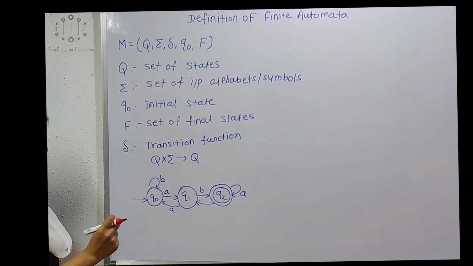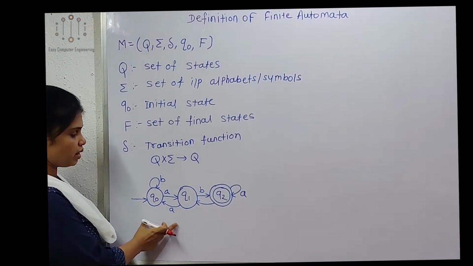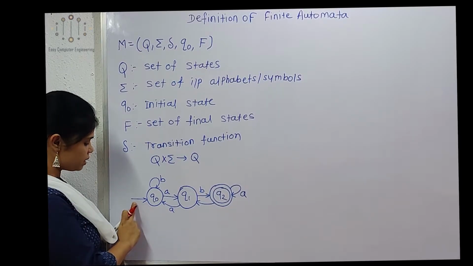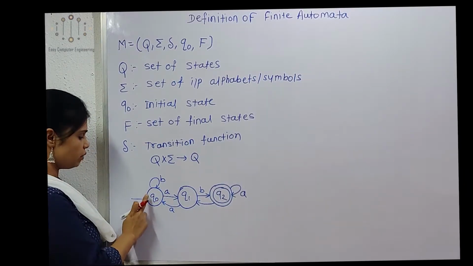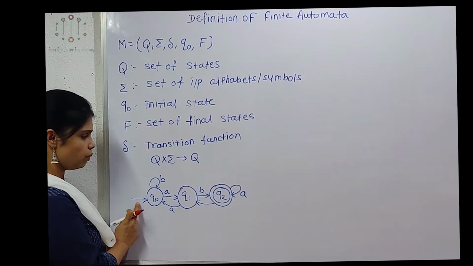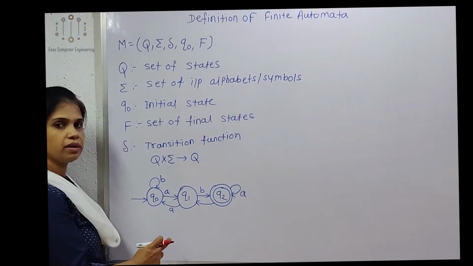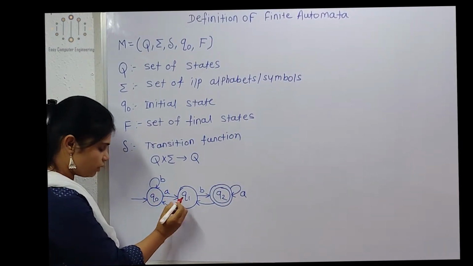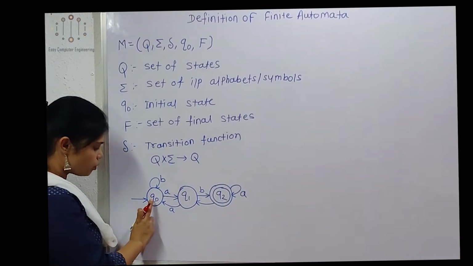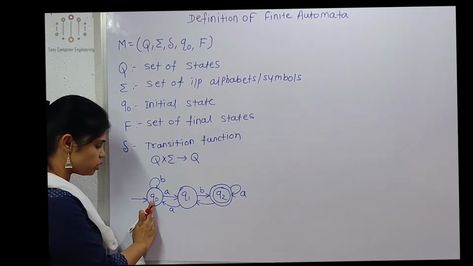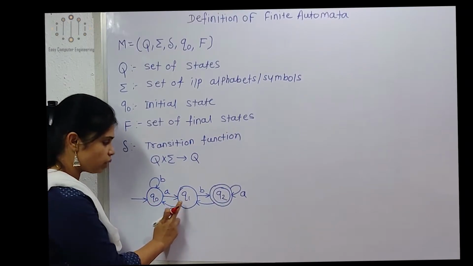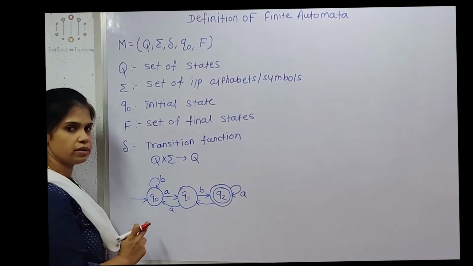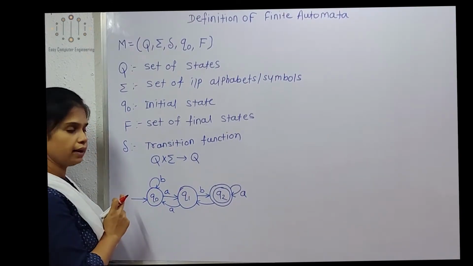Now here you can see in this diagram we have shown one finite automata, in which Q0 is the initial state, which we represent using an arrow. Every initial state is represented using an arrow, and Q2 is my final state. The final state is represented using a double circle. And all these are transitions. What is the meaning of transition? From Q0, on input A, I am moving to state Q1. This is a transition from one state to another state, that is nothing but this delta.